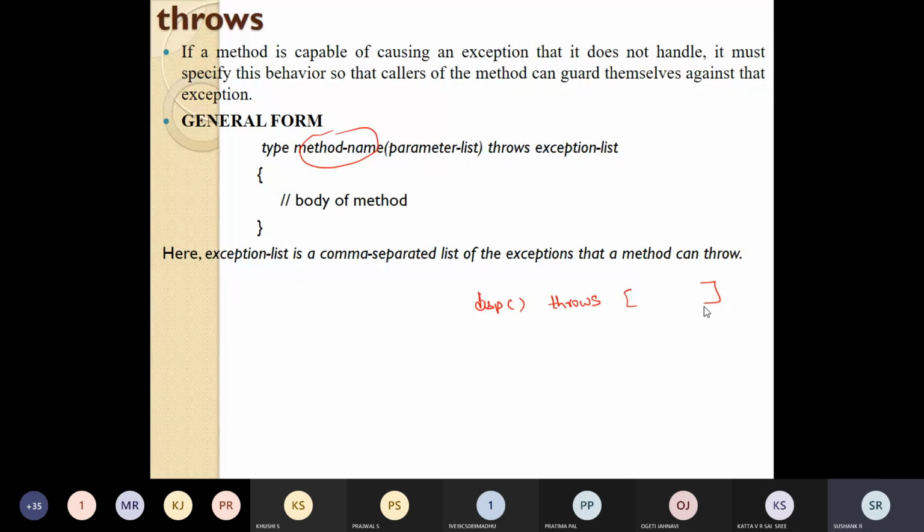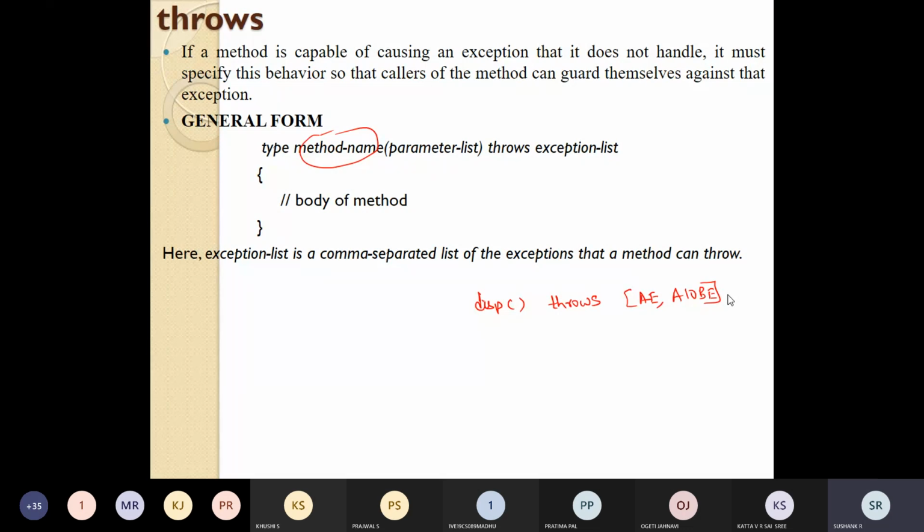If that method will throw an arithmetic exception, here it has to write ArithmeticException. If it will throw an array index out of bound exception, here it has to write ArrayIndexOutOfBoundsException. Like this, it can tell so that the method can handle this.